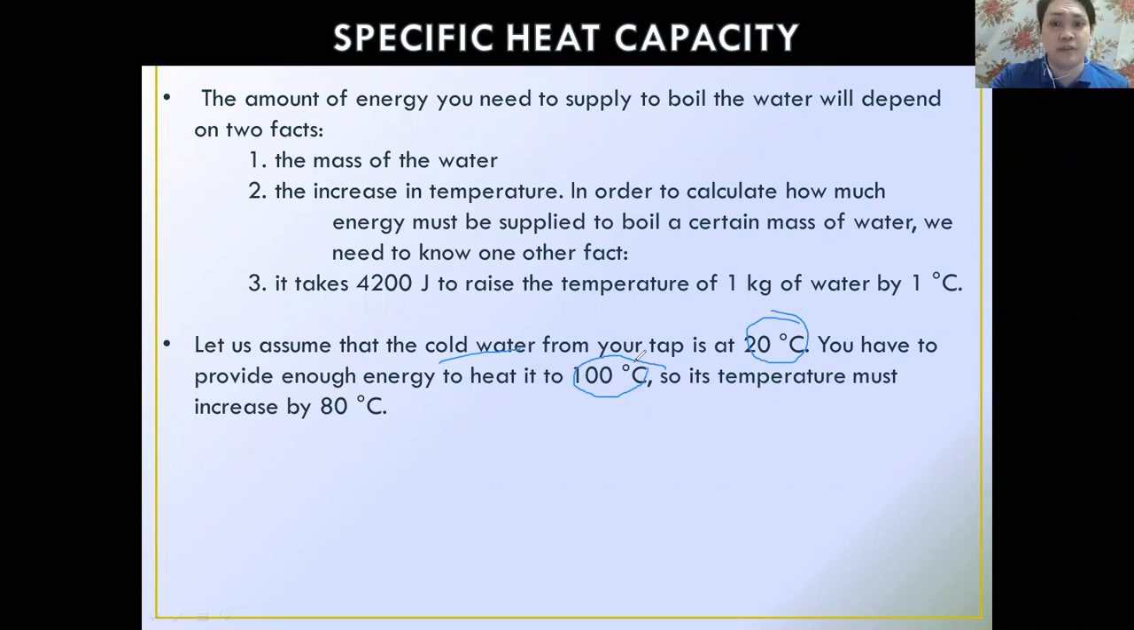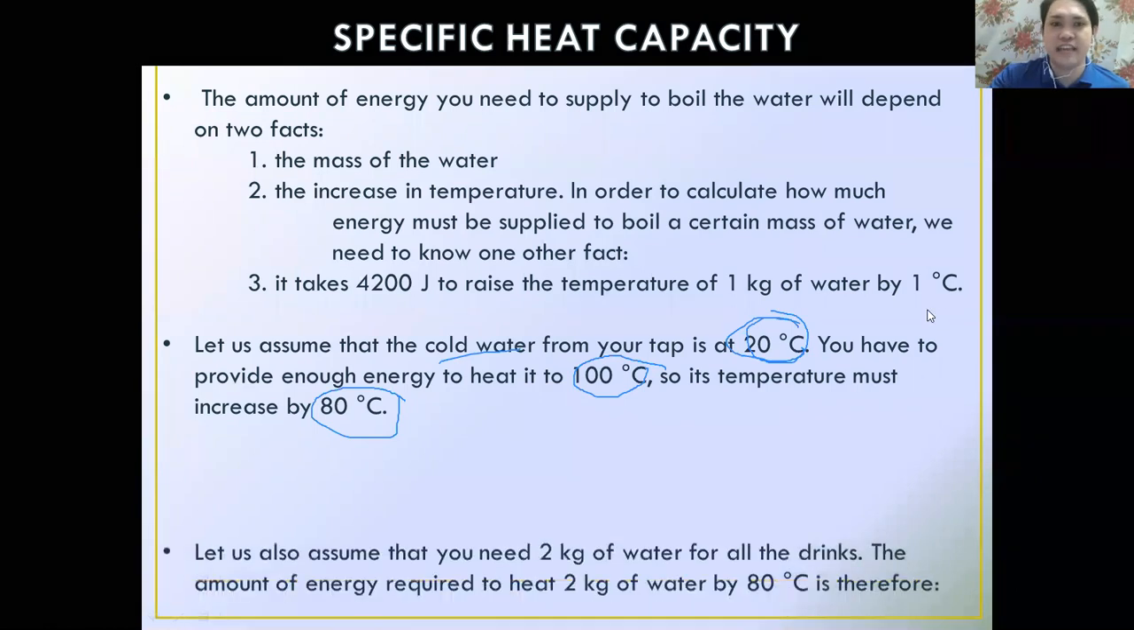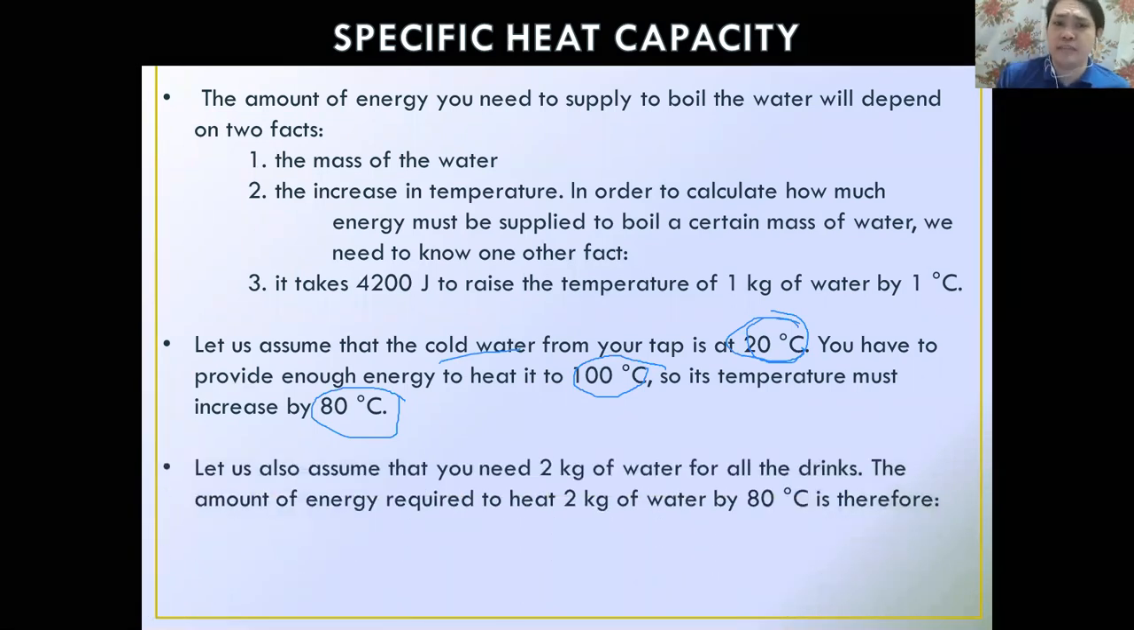So how much must the temperature be increased to reach 100 degrees Celsius? Of course, it's 80 degrees Celsius rather. So its temperature must increase by 80 degrees Celsius. So what's next? Let's also assume that you need 2 kilograms of water for all the drinks. And then the amount of energy required to heat 2 kilograms of water by 80 degrees Celsius is therefore